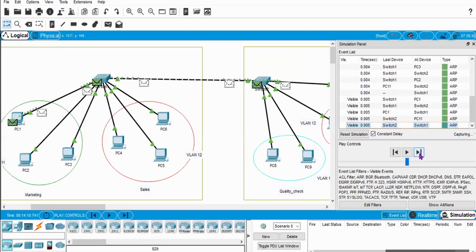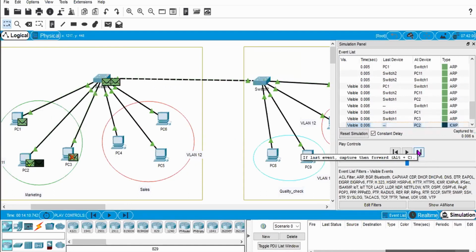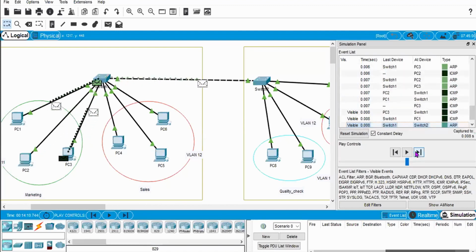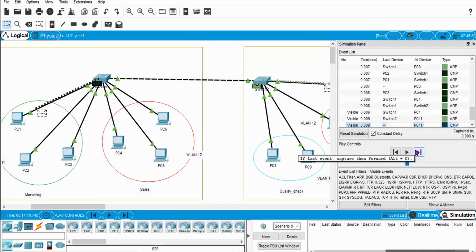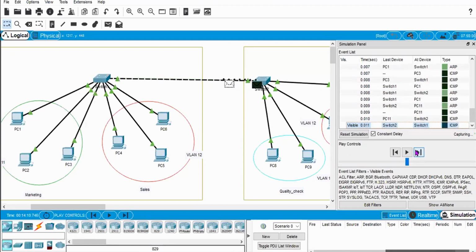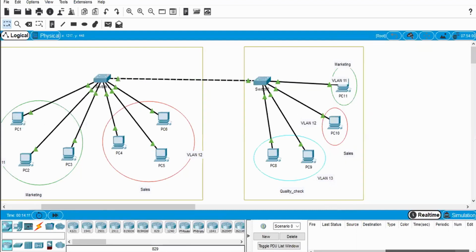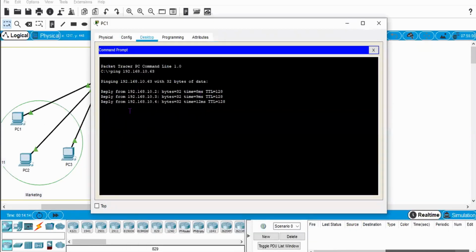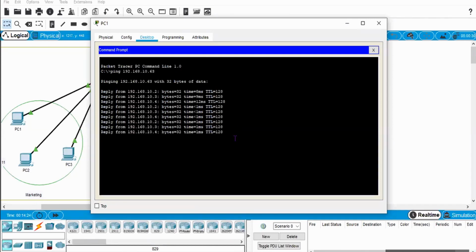They will react back, and after completion of this ARP sharing of MAC information with PC number one, they will reply to that ICMP request to PC1. When PC1 gets all the replies of those echoes, it sends 4 packets, and for those 4 packets you get all those replies. At the end you will see that link reliability is 100%.